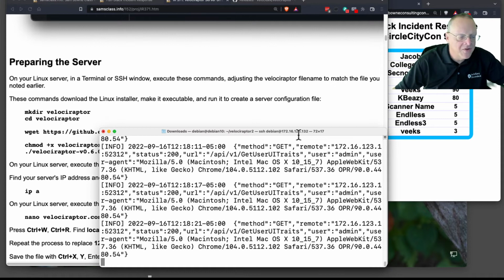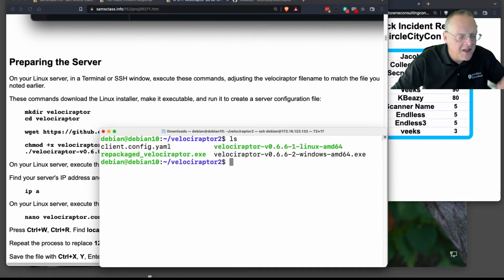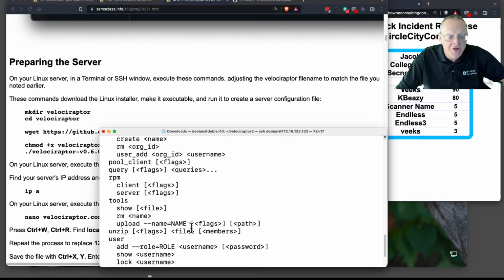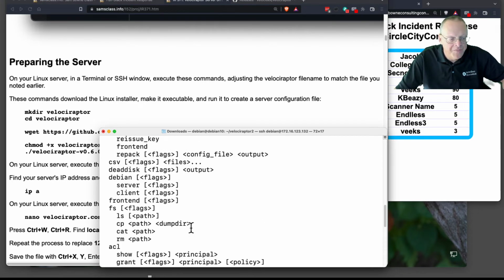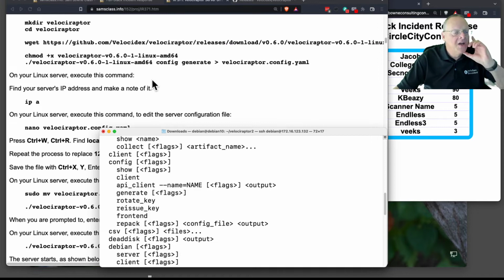Here's my Linux server, and it's currently running Velociraptor. I'm going to stop it and clear. Okay, so if I list, this is the Linux executable right here. So if I run it, it'll show me it has just a few commands. You can generate a client config and a few other commands, and we're only going to use a couple of these commands. So you generate the configuration and put it in a file,